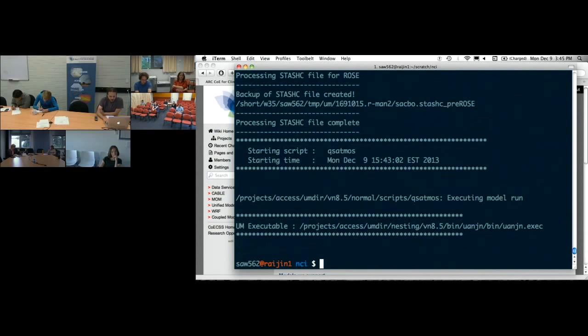You can also stop a job by running qdel. I'm not going to do that because I want this job to finish, but if you did want to stop a job, just qdel it. That just takes it out of the queue. You can submit it again if you need to make any modifications.